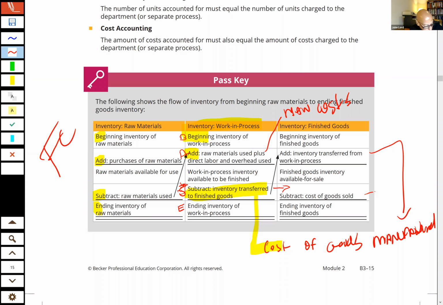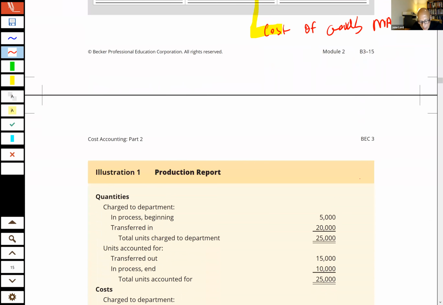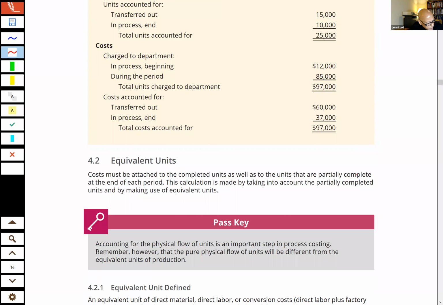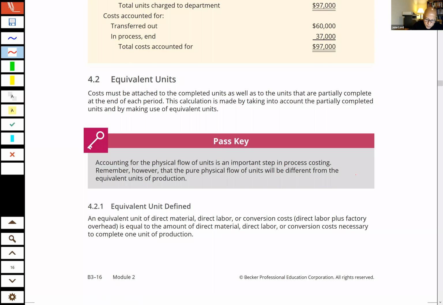Okay, now back to our regularly scheduled program, which was to talk about process costing, okay? And so let's just come over and talk about this concept of equivalent units. In a process costing system, you have stuff that is maybe sitting in work in process, partially completed and still mixed up as dough or something at the end of the year. They give us credit for any work that we have done up until that date. And we're going to turn that into an equivalent unit as though it was actually a finished unit, okay?